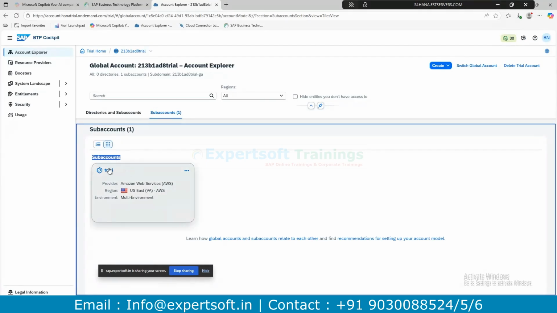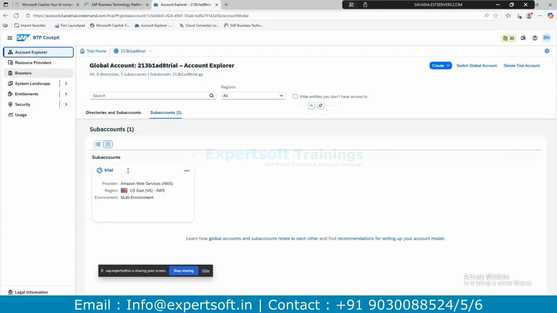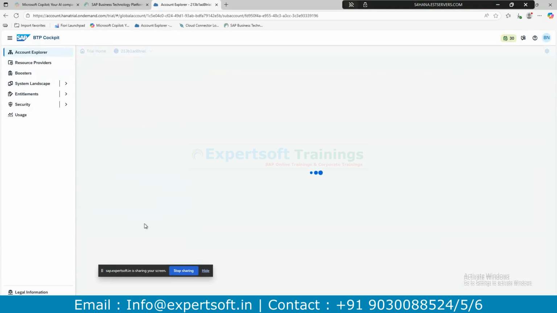Once you develop the artifacts in the development environment, with a transport concept you move all the developer artifacts from the development account into the quality environment. In BTP terminology, that means moving from one subaccount to another subaccount. Okay, so once you land over there, the account explorer shows when you create a subaccount.